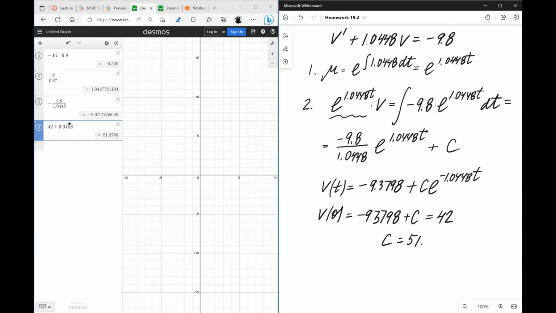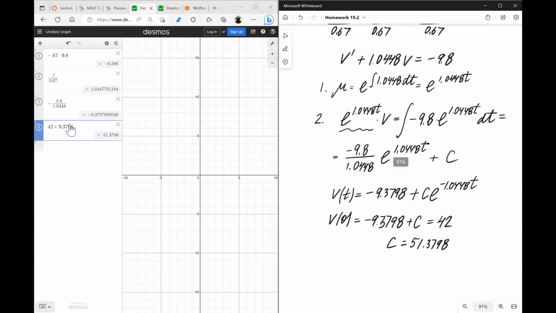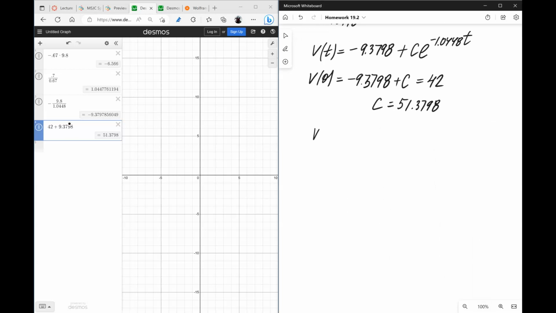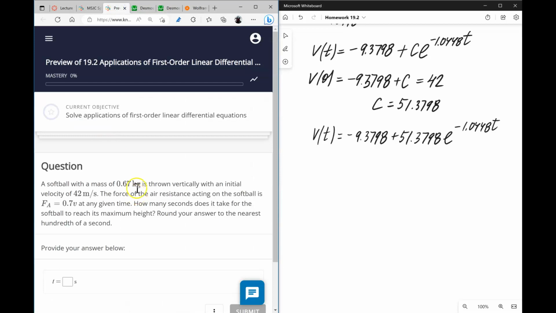So c is 51.3798, and let's write the function that expresses velocity. So v of t is equal to negative 9.3798 plus 51.3798 e to the power negative 1.0448 t. And now the question is asking us to find how many seconds it takes for the softball